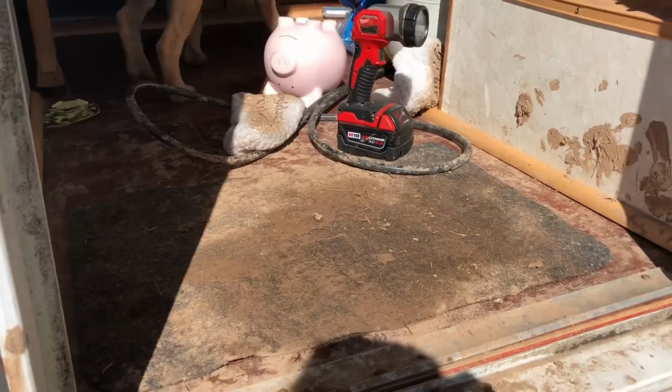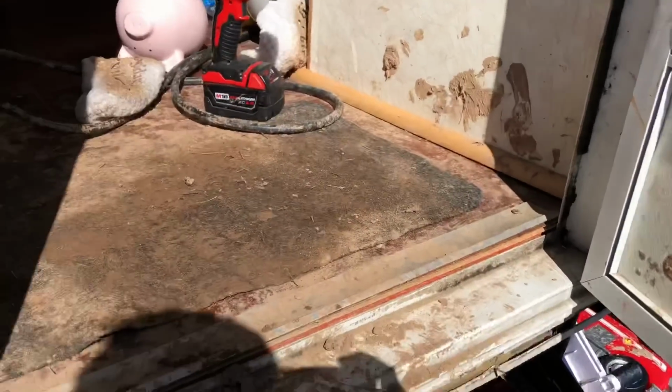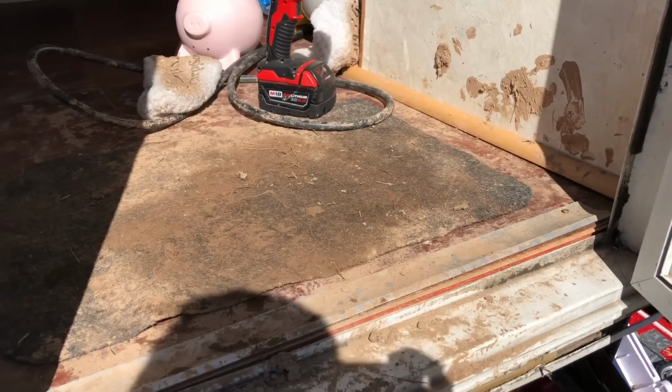Yeah, and look at that. That's all mud. From the boots, from the dogs, from the kids, from me. It's god-awful. I'm having to sweep and mop. Well, I sweep a couple times a day, but I try to hold the mopping off until everybody's calmed down and in bed, because it defeats the whole purpose of mopping if everybody's still making tracks